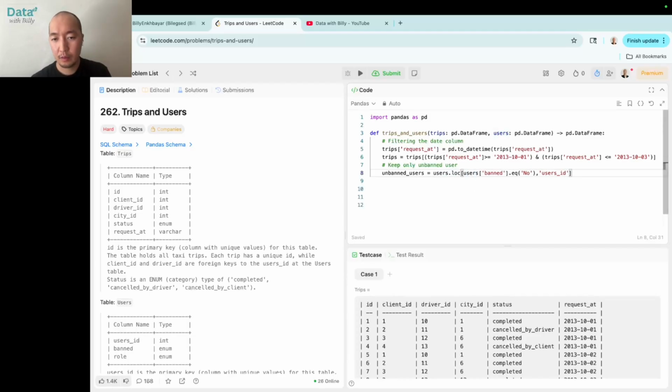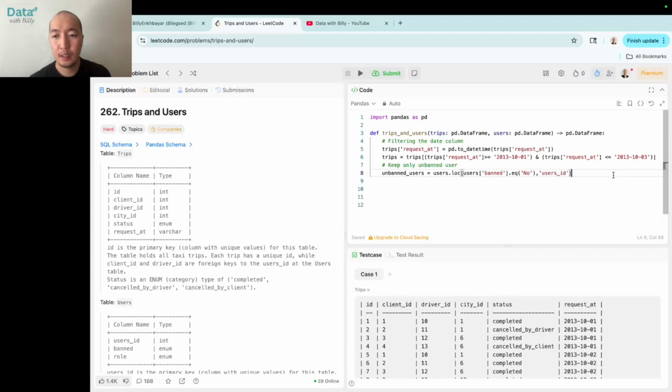Oh, I forgot the loc here. And we successfully created a series that brings us true or false based on whether the users are banned